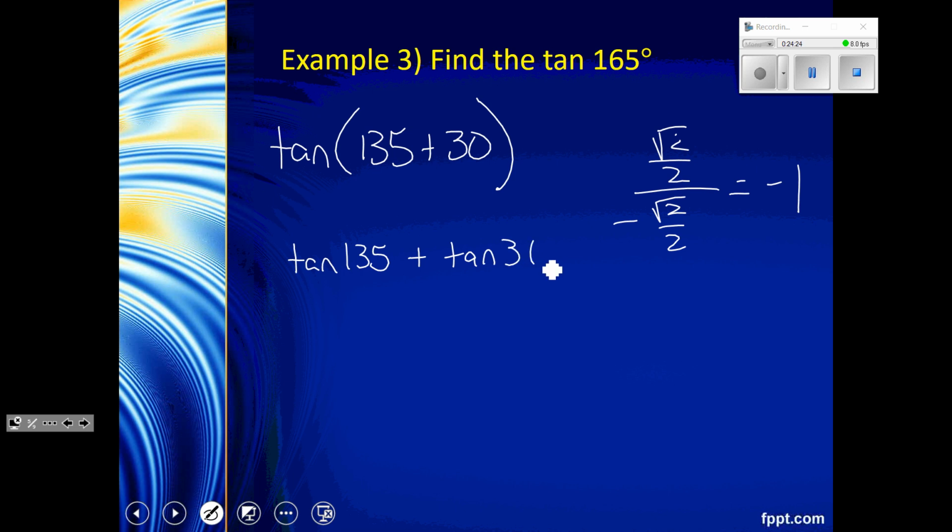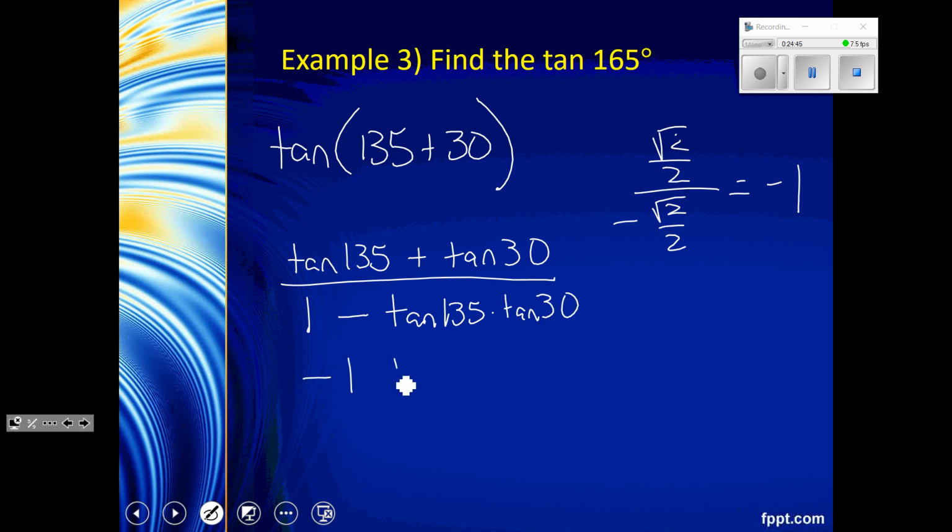Everybody agree? Over, remember I said for the tangent formula, if you're adding, you add on top first, and then on the bottom it will subtract, and then multiply times the tangent of 30. Okay? So this is going to be negative